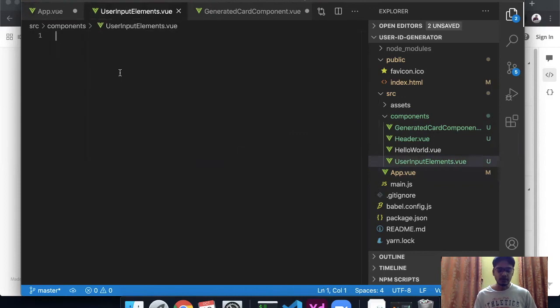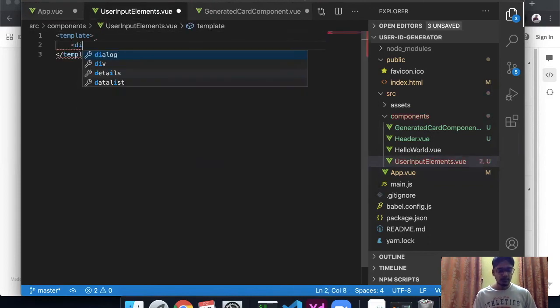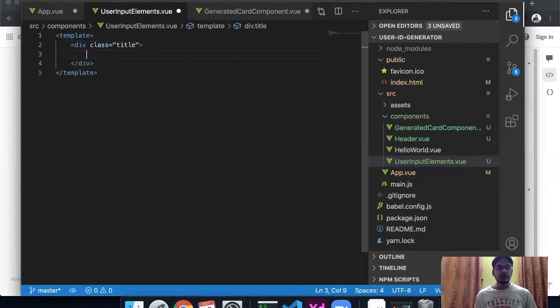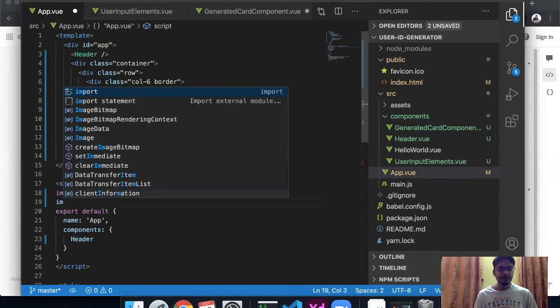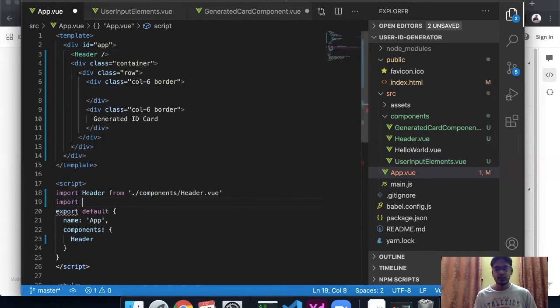Div class is equal to title. Let's add autofocus later. Then let's import user input elements